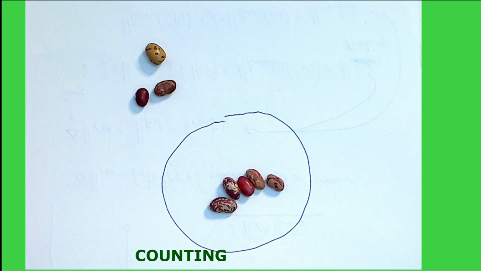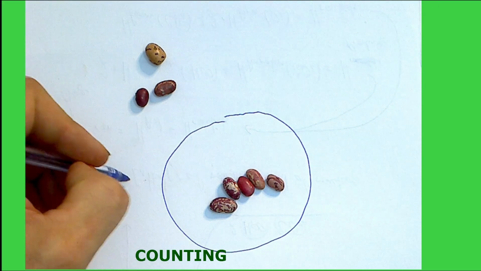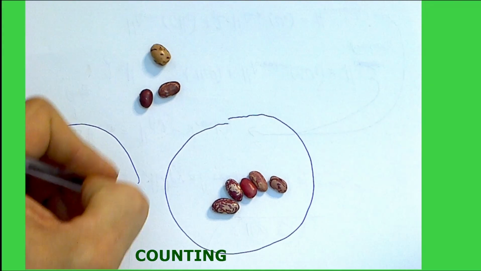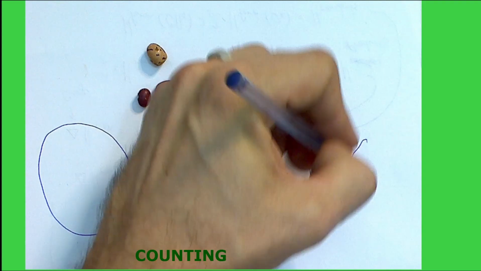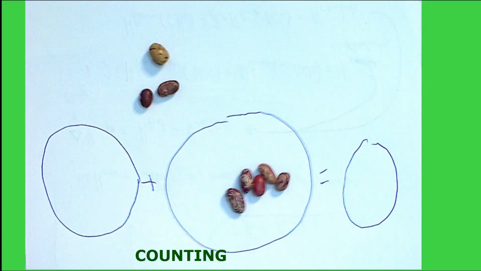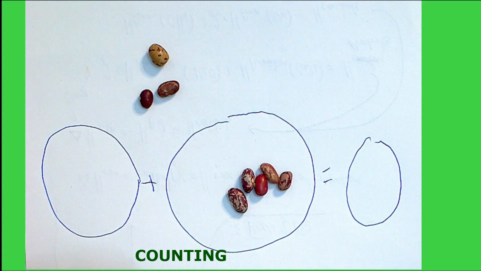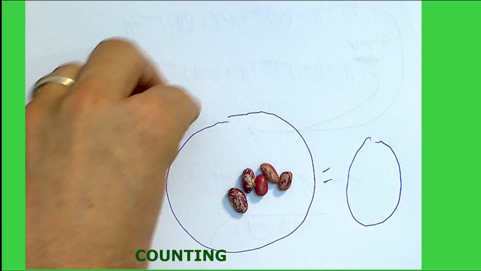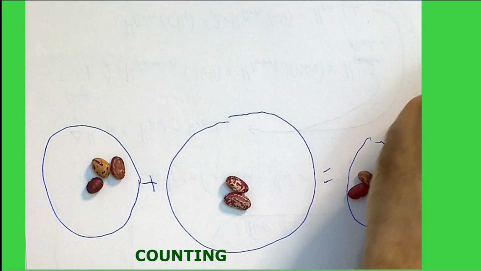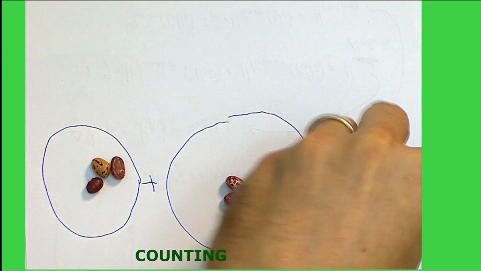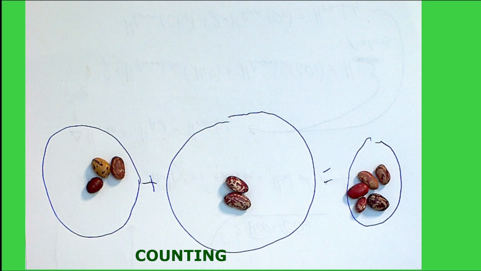And then of course, as we grow, we can draw 2 circles. And we can put a plus, and we can put an equals, and we can draw a third circle. See? Of course, I didn't draw those circles proportionally the way that I should, but I can say 3 plus 2 equals 5. And these are just conceptual understandings. And these are just ballpark things. Please be creative. Come up with other ways of doing it.